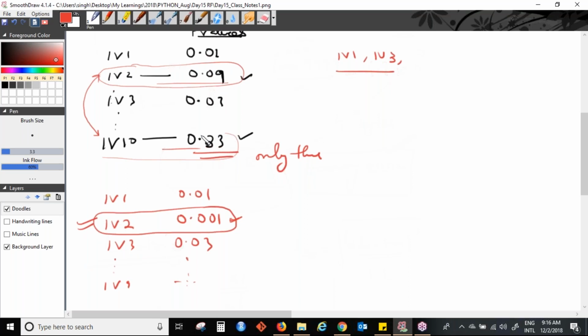So you will see which has the highest p value. You will remove that one first and then rerun the model. And then you repeat. Even after removing this, if this still has a higher p value, then you will remove this as well, but not directly. Do you follow, Naresh?